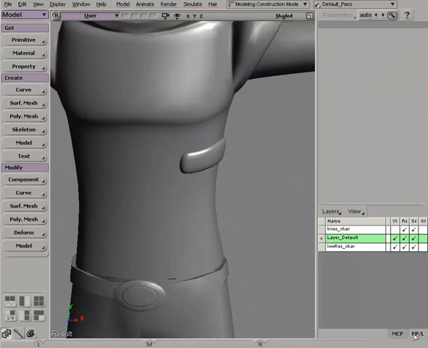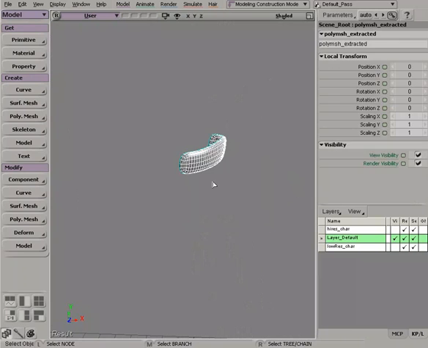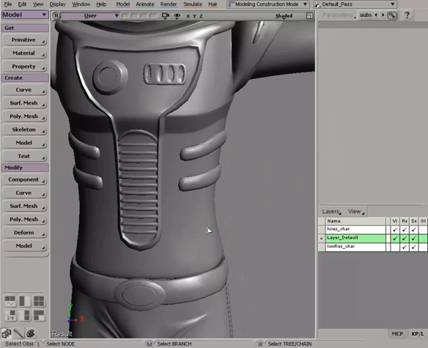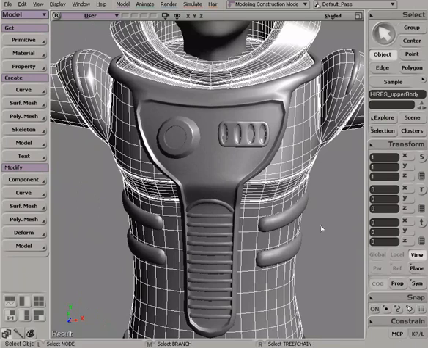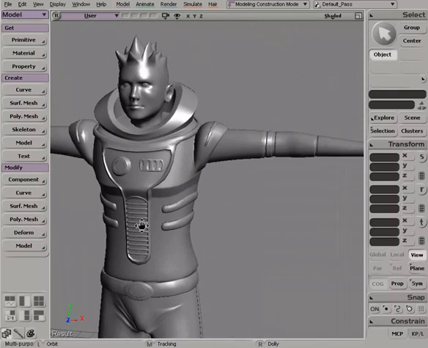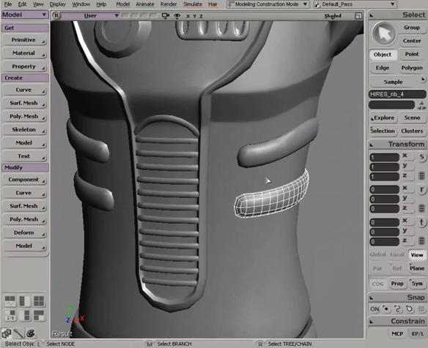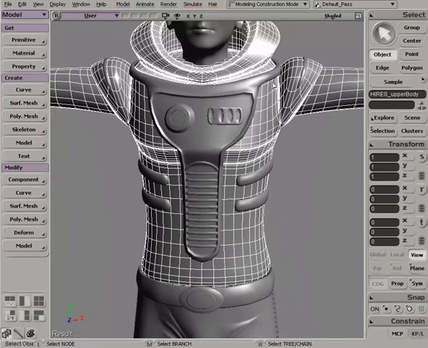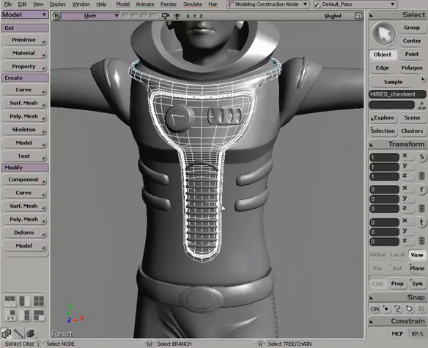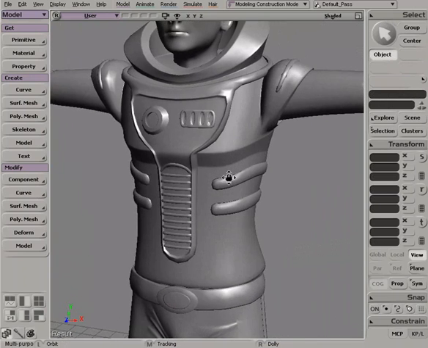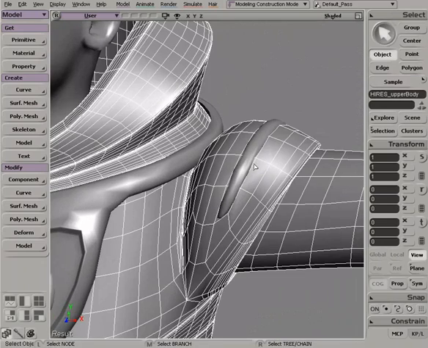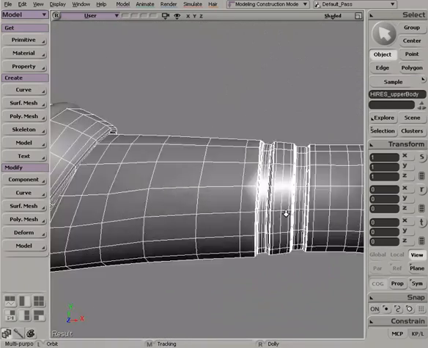Alright, now I'm going to go ahead and go back to my Layers panel, and actually I'm going to go ahead and now turn on the visibility for a piece of high-resolution geometry that I've already completed this entire process on. Right, so this is the exact same techniques, just smoothed out my low-resolution model, extracted a few pieces for external detail, extracted a few pieces around this central chest area to then build up and add this neat little ventilation system that's on the front part of this, extracted out faces for areas around the shoulder,